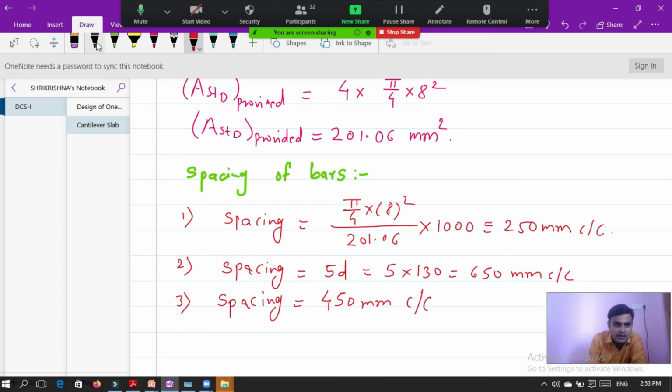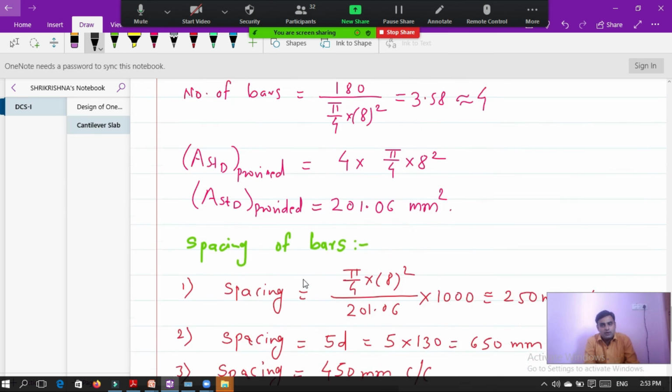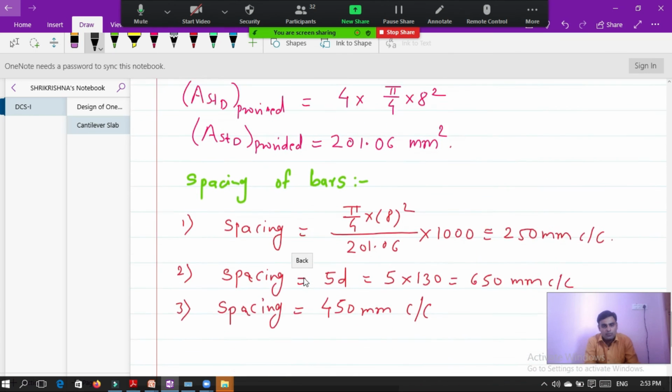So I will write the final line over here. How many bars are we going to provide? 4 bars of 8 mm diameter.